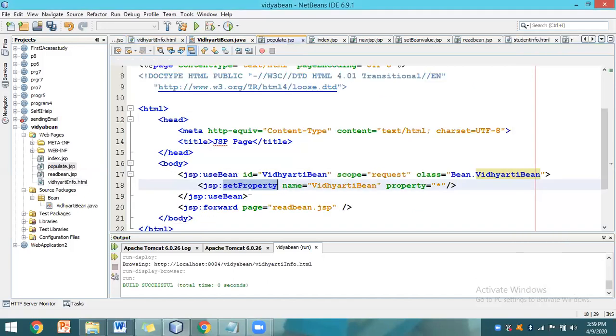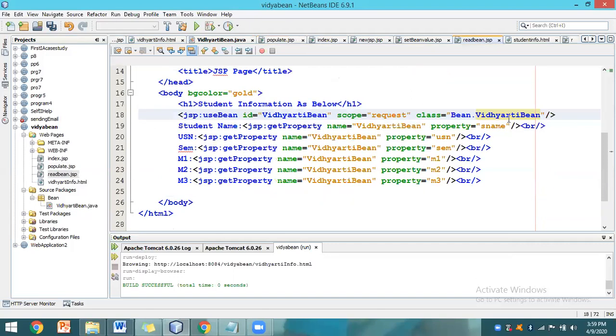Once this is completed, with the help of the JSP forward action tag, this forwards your request to the readbean.jsp page. What will readbean.jsp do? It reads the bean properties using the get property method. It reads the class file, which is VidyarthiBean.class.